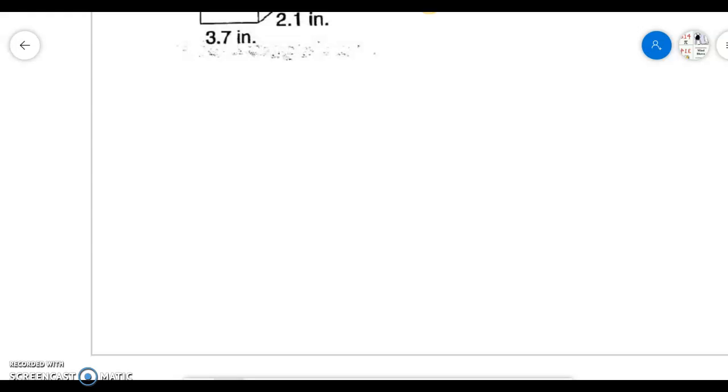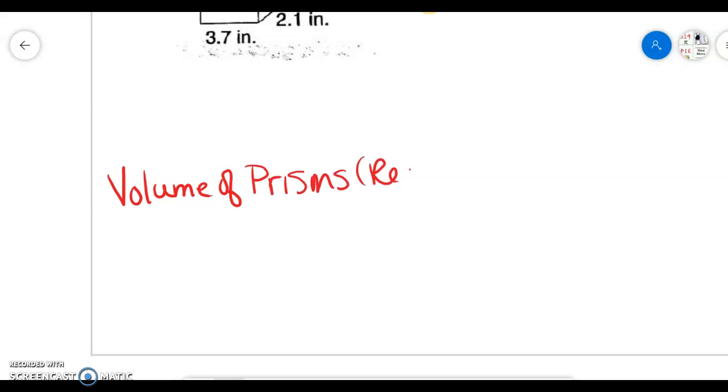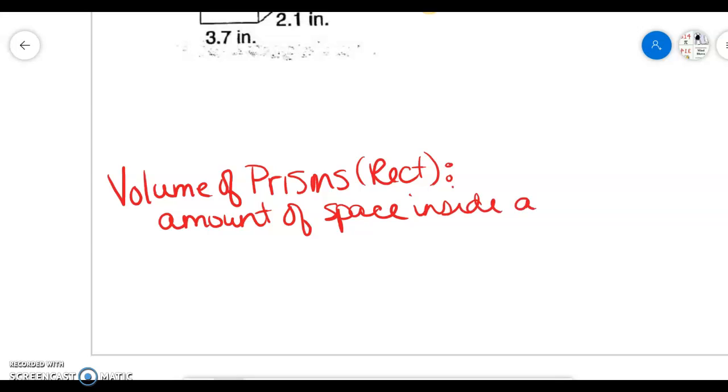Tuesday we talked about how to name three-dimensional figures by naming them off of their base. So today we're going to take that information and talk about how to find volume of prisms, specifically today rectangular prisms. So volume is the amount of space inside a three-dimensional shape. And in order for us to calculate volume, we have the formula V equals